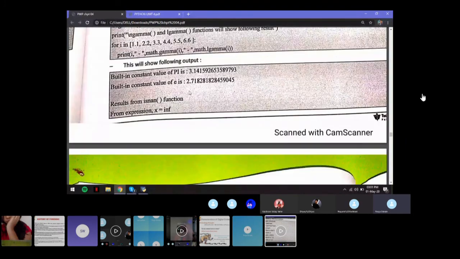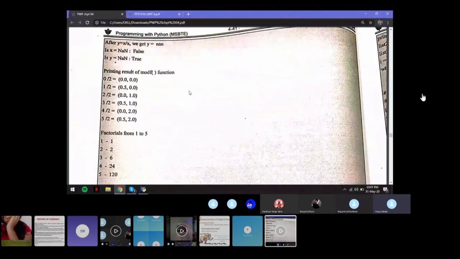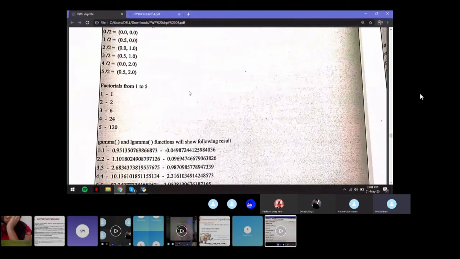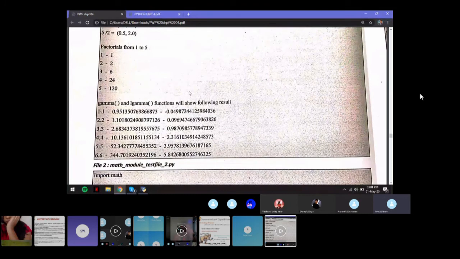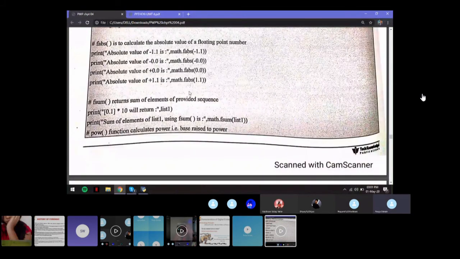You will not need all the functions. All you need to do for your exams is just remember the module names and some 3 to 4 functions associated with them. That should be enough. So that is the math module.